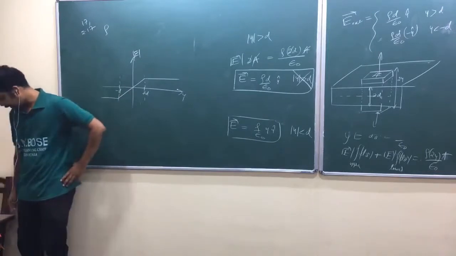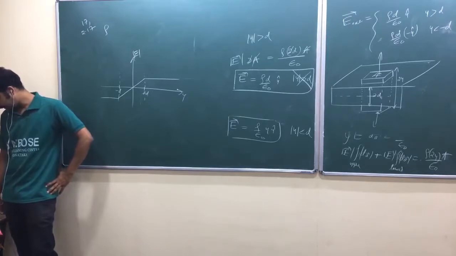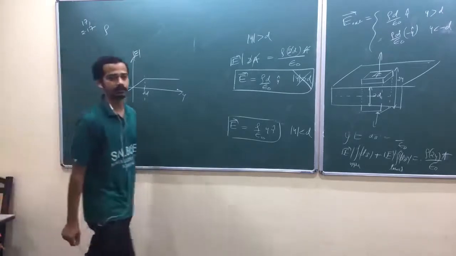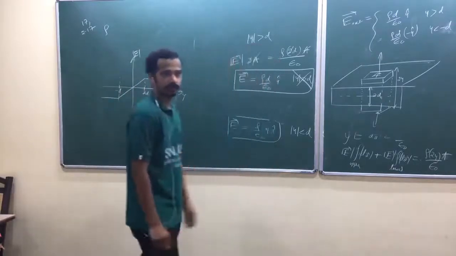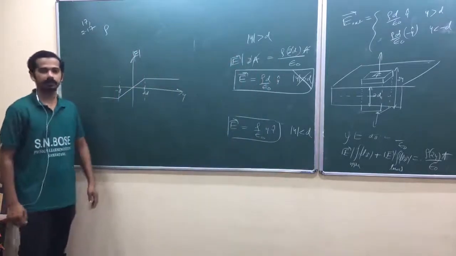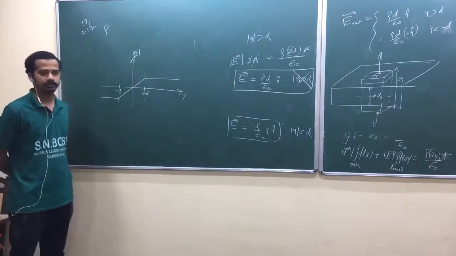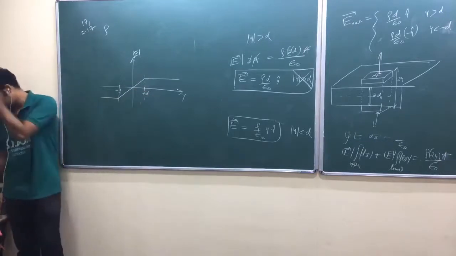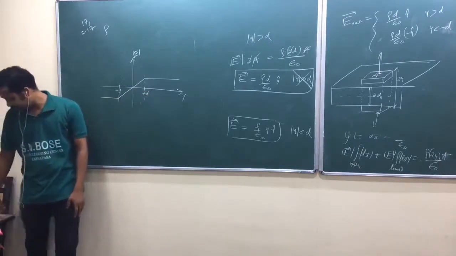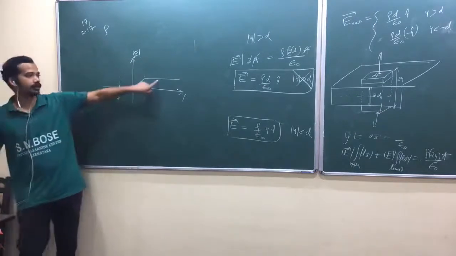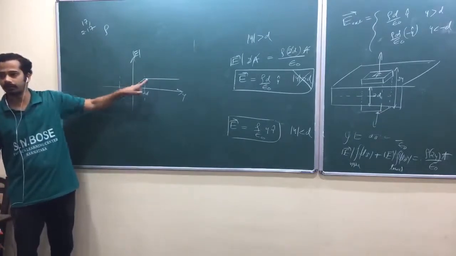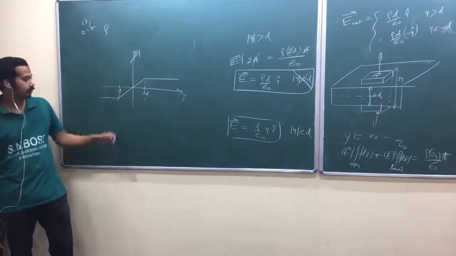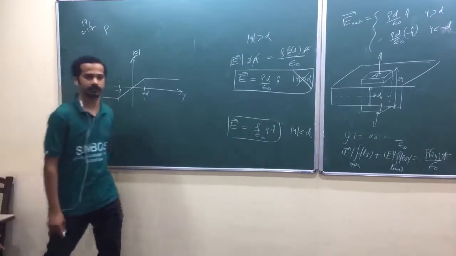He has given the plot E versus y, calling E positive when it points along plus y direction and negative when it points along minus y direction. Okay. So which is positive, which is negative, again it all matters, am I right? It's our choice why I have taken this as positive and this as negative. He has given that one, look at here. In the question itself, calling E positive when it points along plus y direction. It points along plus y direction here, am I right? So that's why E is positive.